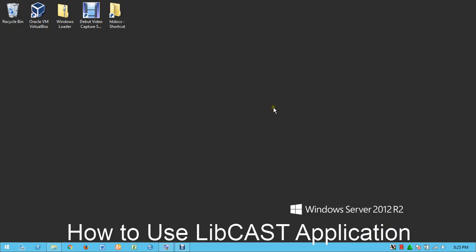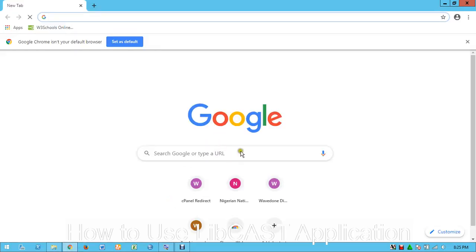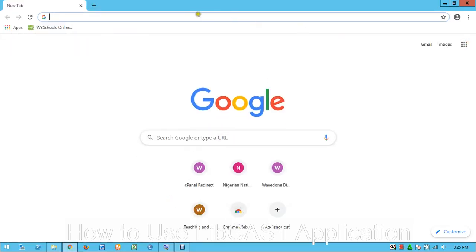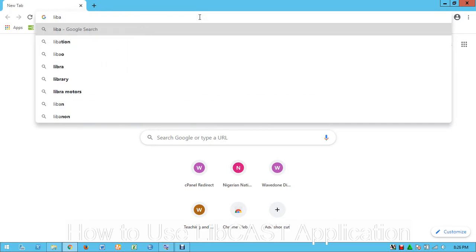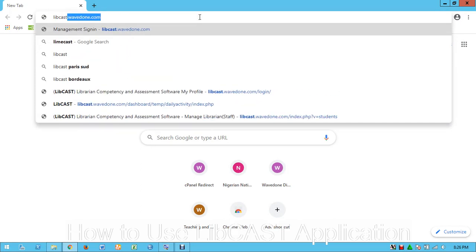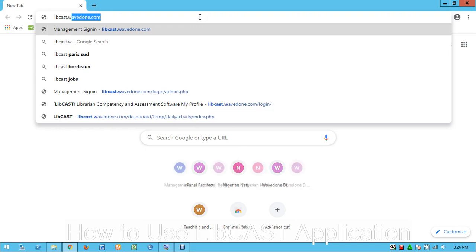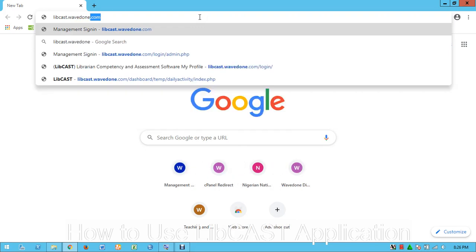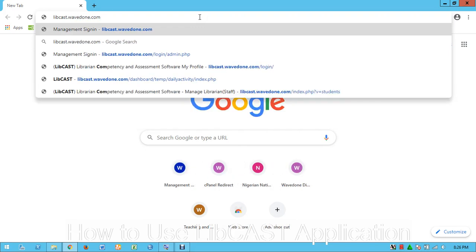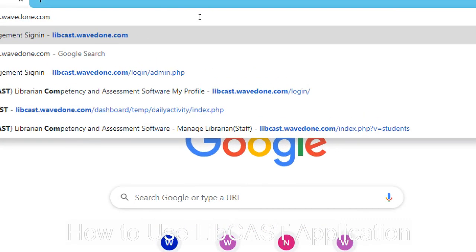The second step that you need to take is to click on your browser. I'm going to use Google Chrome, so I click Google Chrome and Google Chrome loads. Then the next step is to type libcast.wavedone.com. This is a shared domain that we want to use in